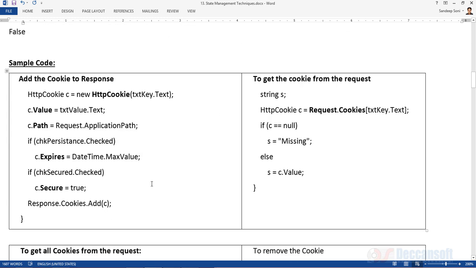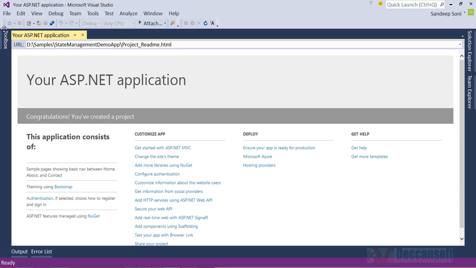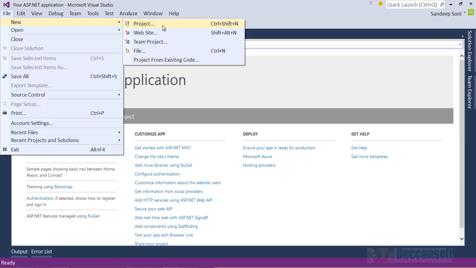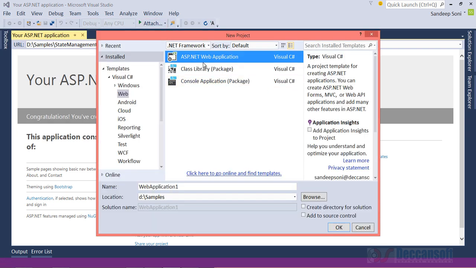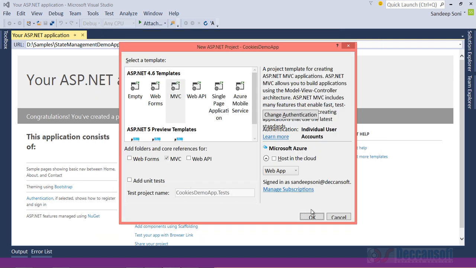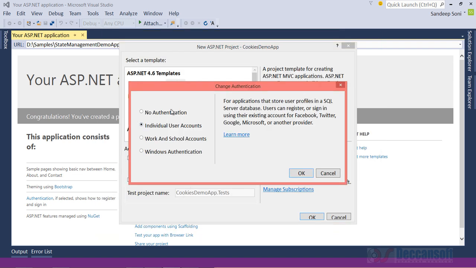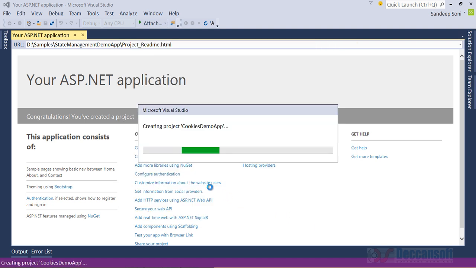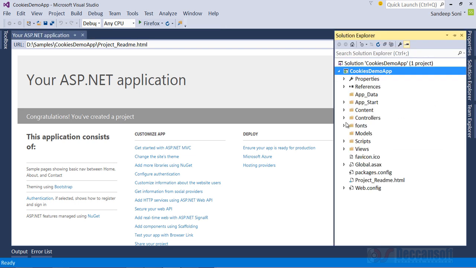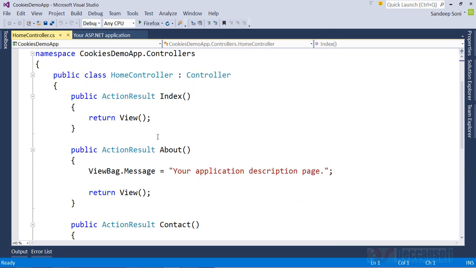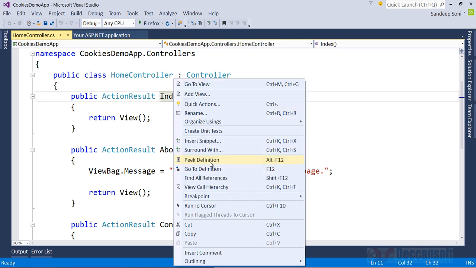So here we have got cookie API. Let me demonstrate with proper example. I'll create a new project, cookies demo app. Home controller, and here we'll go to index,